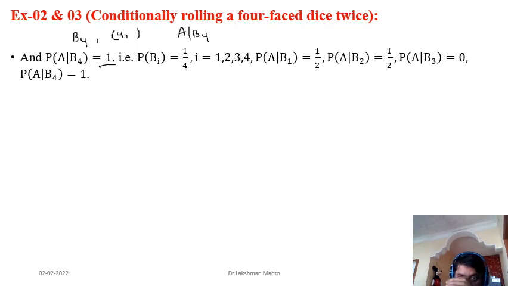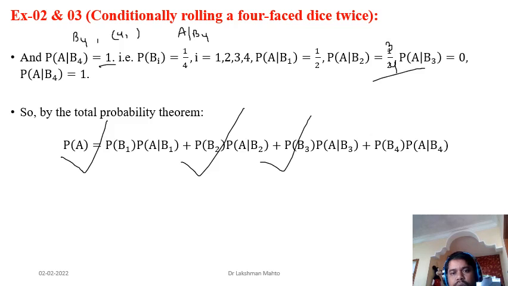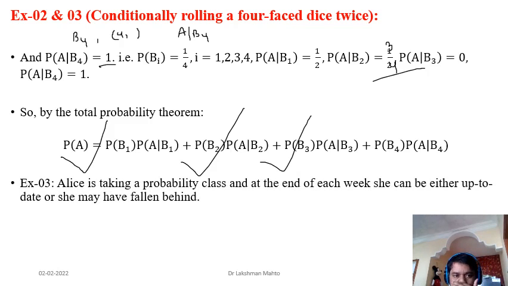So now we can apply all these things, and finally using total probability we can calculate the probability of A happening. Based on the theorem of total probability we can calculate this probability. Here A given B2 was 3 by 4. Just modify it and do the calculation. Everything is already given: P(Bi) is given, and the probability of A given Bi is given here. So you can calculate everything and get the final solution this way.